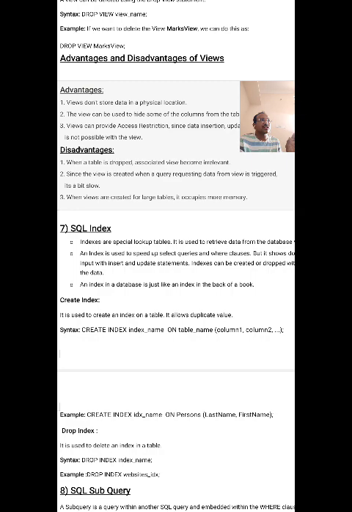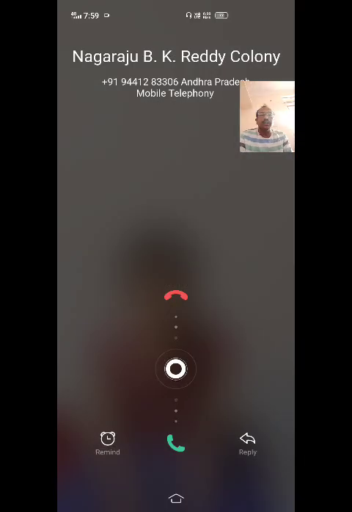My suggestion is to write the same table name and just add "index" before or after the name of the table. If you write like this, you will not get any confusion. Otherwise you can write anything, there is no problem. So how to create the index: once again, CREATE INDEX, any index name, ON which table, and the column you also have to specify.